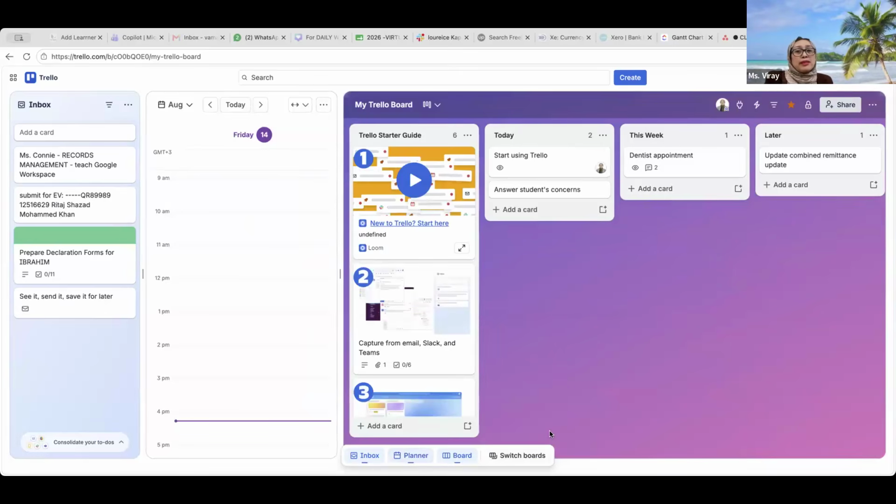Maybe it's going to be a bit difficult for you when you are going to migrate from pen and paper to the software itself. It's going to be difficult because when you're typing, it doesn't feel like you are writing and really doing or monitoring your to-do. So it takes time for you to adjust. Okay, it's really difficult to get out from the writing, but I still encourage you to do so because it's one of the ways we can maintain our sanity as human beings, I can say.